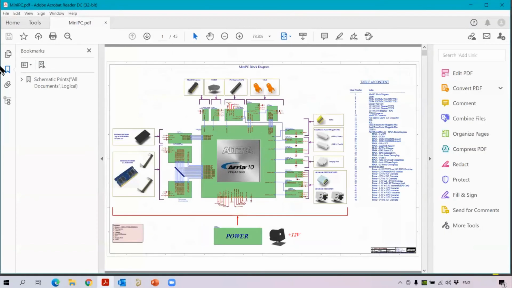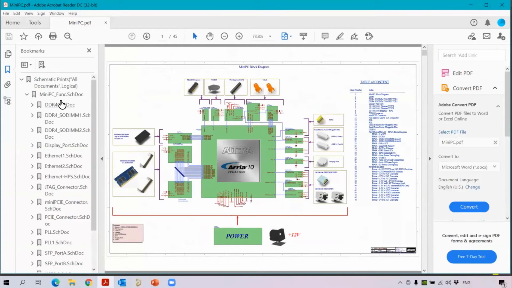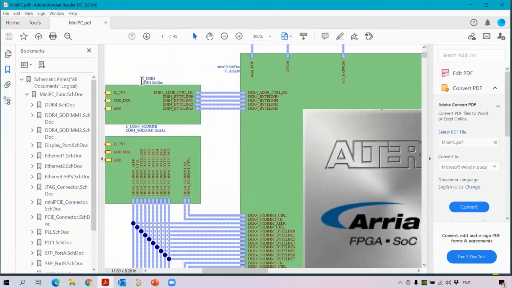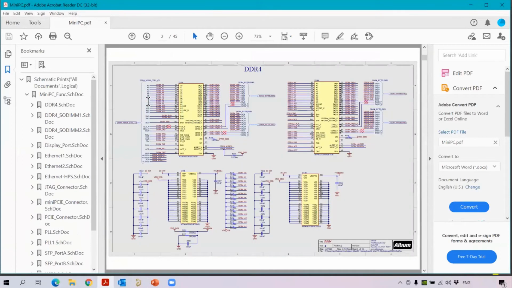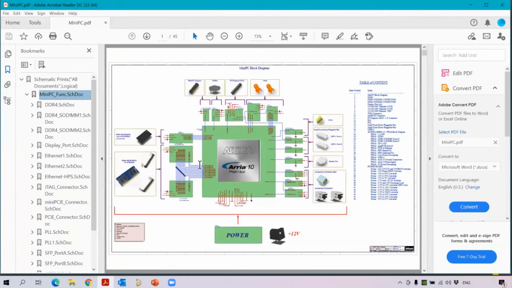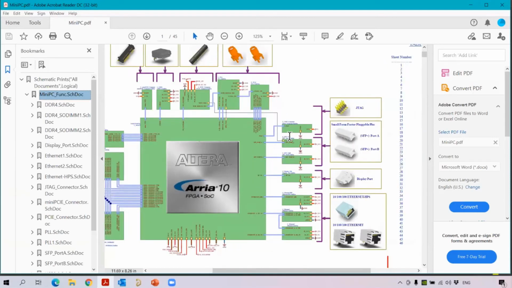Yeah. So now you can see here, the Smart PDF has been generated from the main sheet. You can see all the child sheets here. So now let me zoom in. I want to go to this child sheet of UDDR4. Okay, hold the Control key and click on it. It will take you to that child sheet. So it is very fast for the viewer to see their child sheets directly in the Smart PDF now. Similarly, what you see inside the software can be done inside the Smart PDF also.